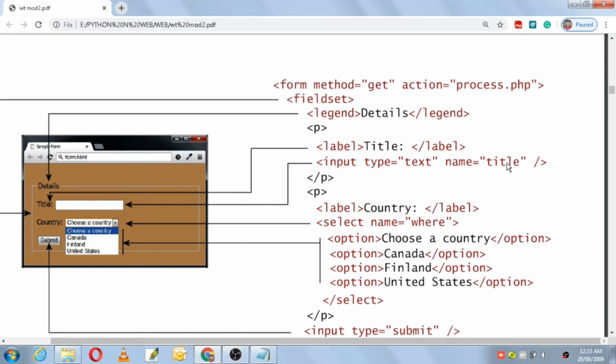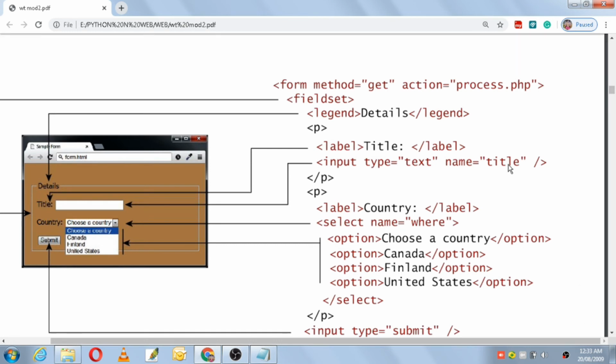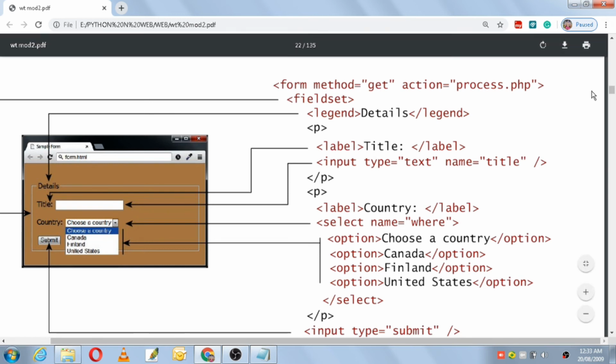Name is equals to title means through this particular name my form data web will go from the browser to the server. If I enter web, then title is equals to web; that data will sit in this name and move from the browser to the server. If I give Python, then this variable will take my form data Python to process.php.